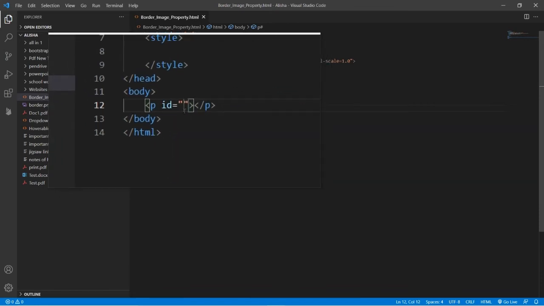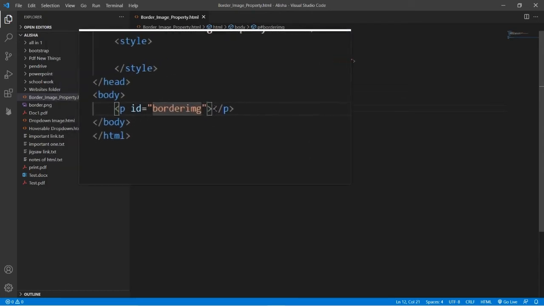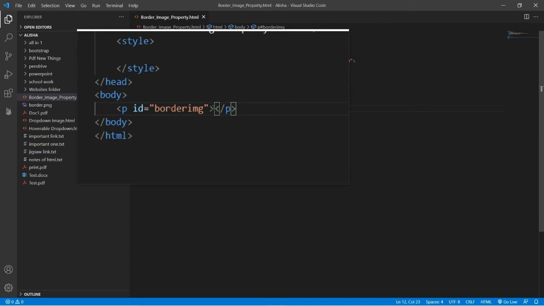I will give it border IMG for image. Now here you can type any text like hello world,